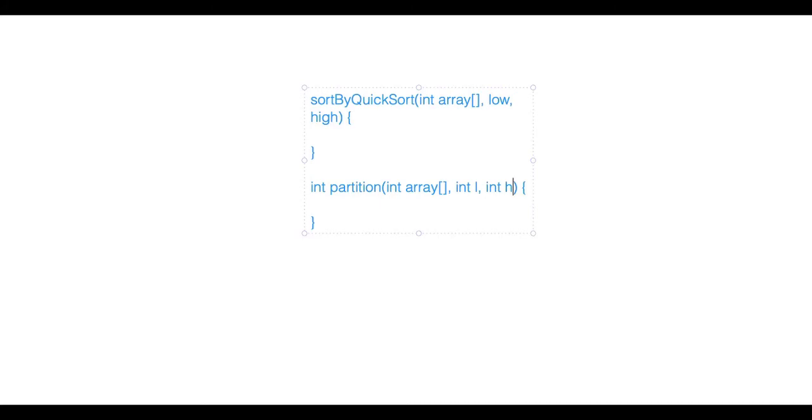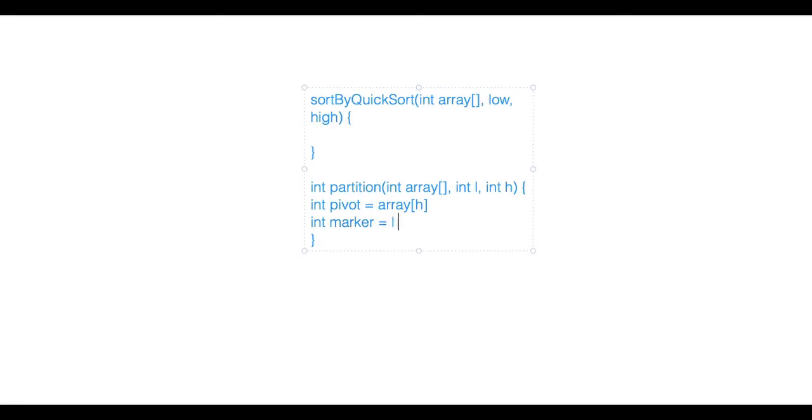Okay. So now let's first do the work for partitioning. How will we do the partitioning? First of all, we will define pivot. What is pivot here? The last element, which is h. And then we will define our marker.